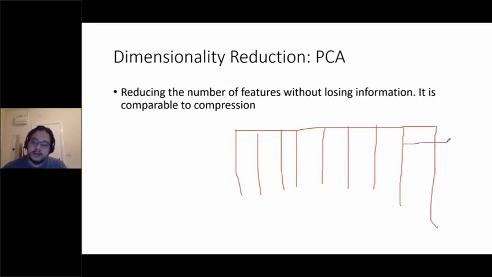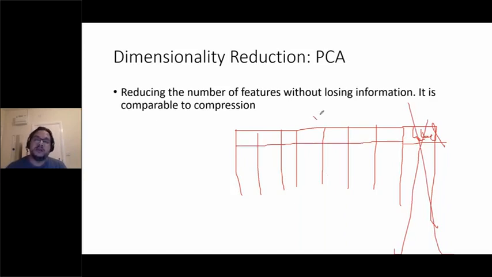Do you have a label or not? No, not necessarily. We don't need a label. We just have our features. Say we have n features, and dimensionality reduction will reduce them, converting them into m features. M is smaller than n, but it keeps the same information. It means that the quality of the new data set is not lower than the original data set.